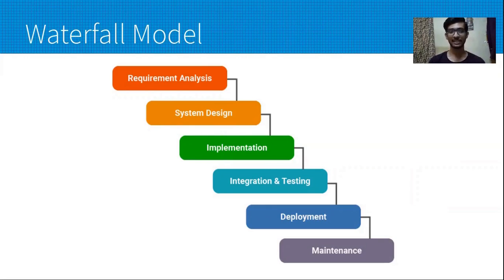The next phase is implementation. All these requirements as well as the design templates are given to the developers team so that the developers will brainstorm on which programming language we need to develop this software in, which database we need to use, and how the given requirements are developed as real world entities, etc. Everything will be brainstormed in the development department, and they will develop the software module by module.